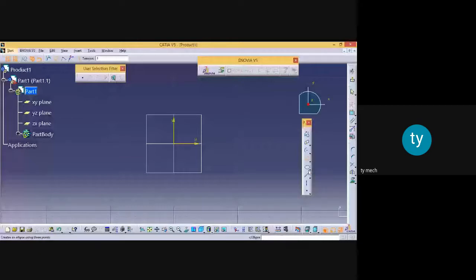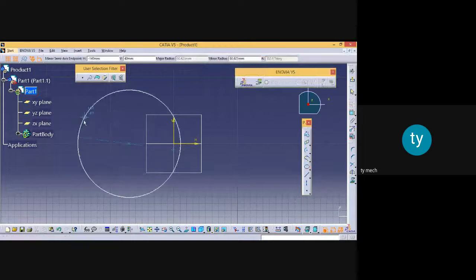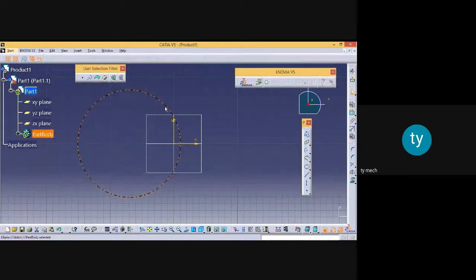And this ellipse command is not useful to us at all. Most of the time we are not going to use it. Then the ellipse command, I will show you: just select the ellipse and you can generate the ellipse like this. Okay. A circle can also be generated by using ellipse, but there the major and minor axis values should be the same so that you can generate a circle. So this is ellipse.